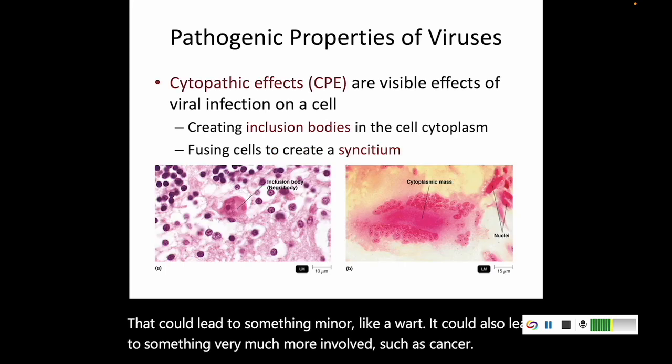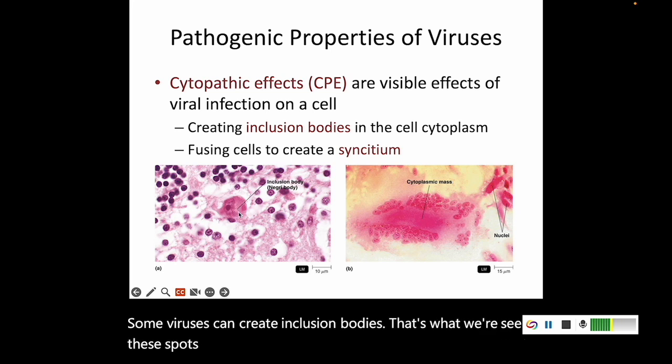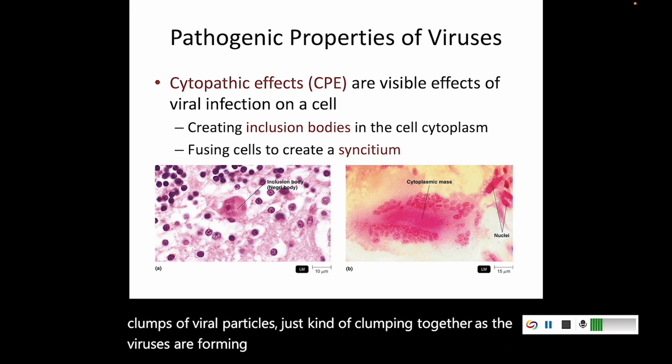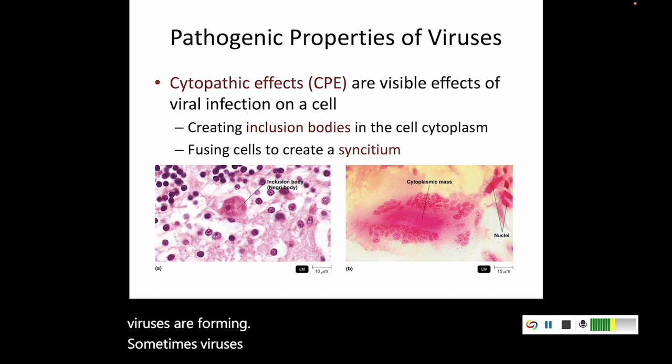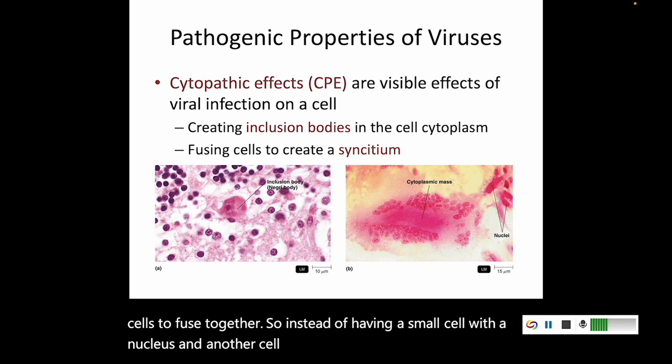Some viruses can create inclusion bodies. That's what we're seeing, these spots in this cell. These inclusion bodies might just be clumps of viral particles, just kind of clumping together as the viruses are forming. Sometimes viruses, this one's really weird, I think, they can cause cells to fuse together. So instead of having a small cell with a nucleus and another cell with a nucleus,